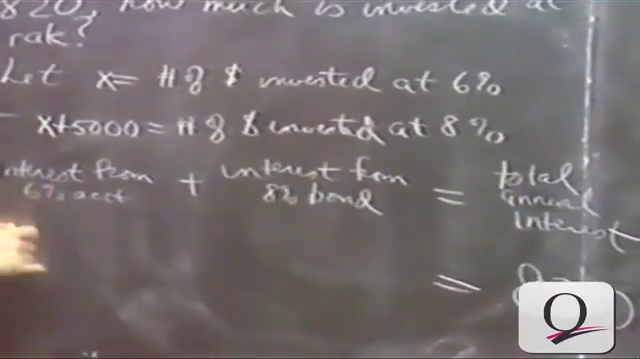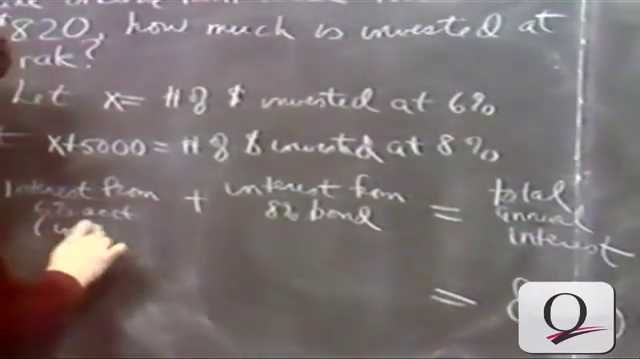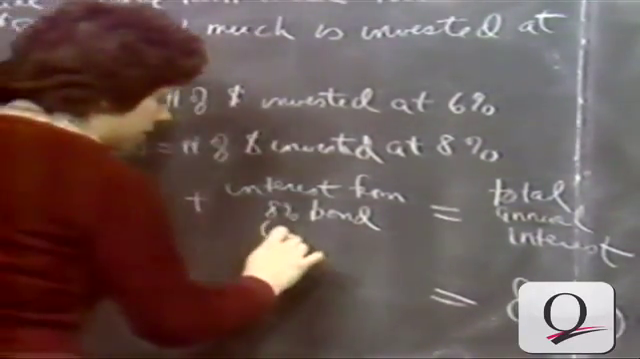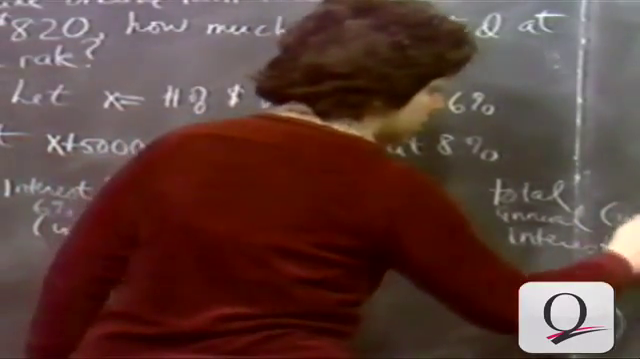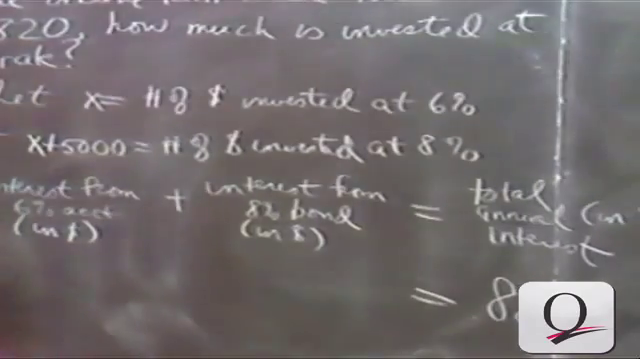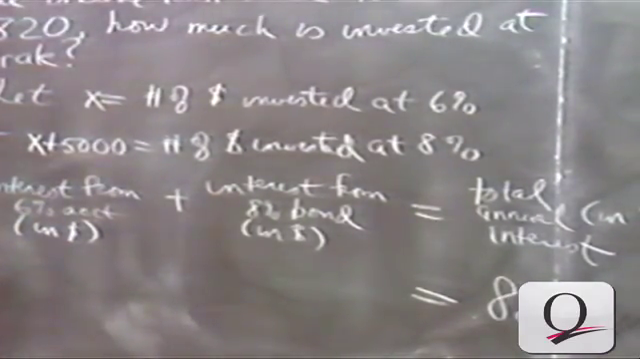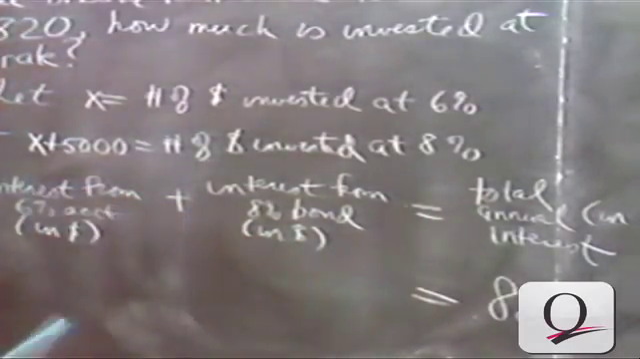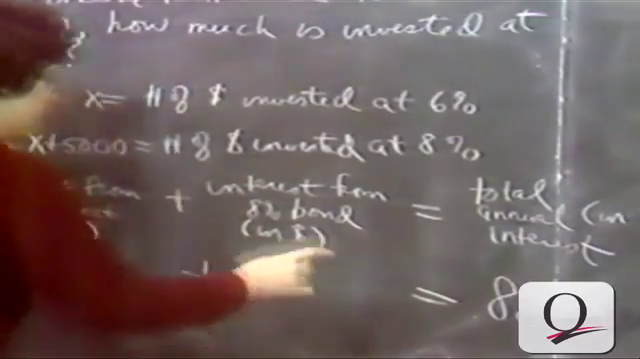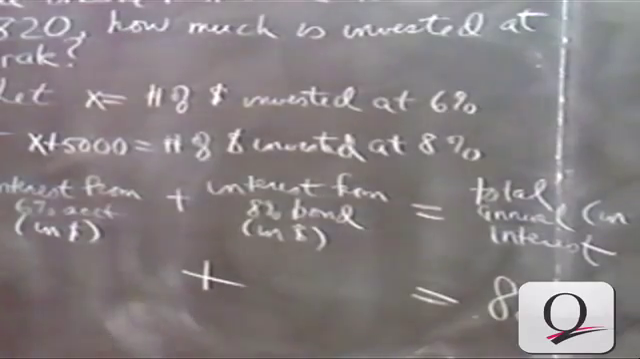We will assume everything here is in dollars. This is the interest in dollars here too, and the total annual interest in dollars. We won't need dollar signs in our equations. Okay, the total annual interest is $820. This is found by adding up the interest that she gets from the 6% account and the interest from the